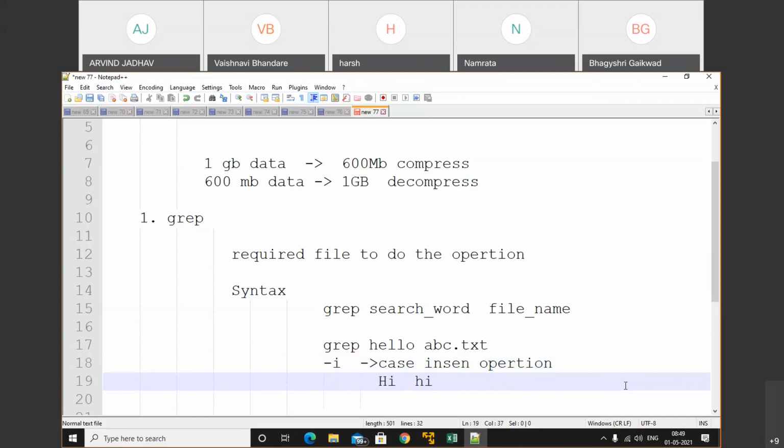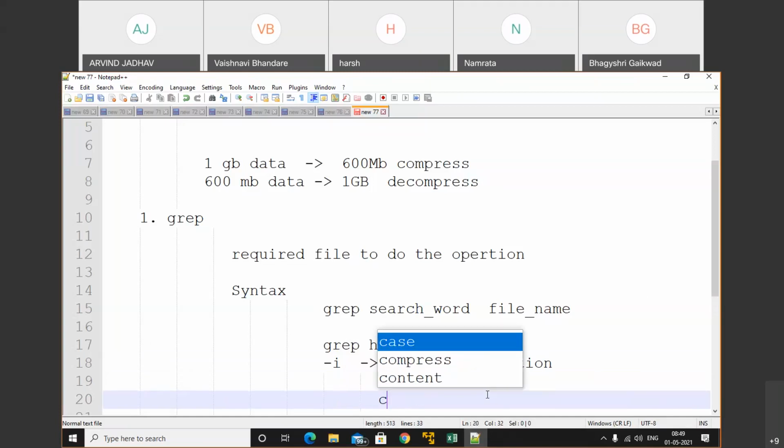In that case, capital H and small h differ. So when we use -i with the grep command, we will get both words, small as well as capital. When we perform that operation, you will get the idea. For example, I have 2 words, a small cat and a capital Cat. When we use -i with grep, we can find both the small letters as well as the capital letters.